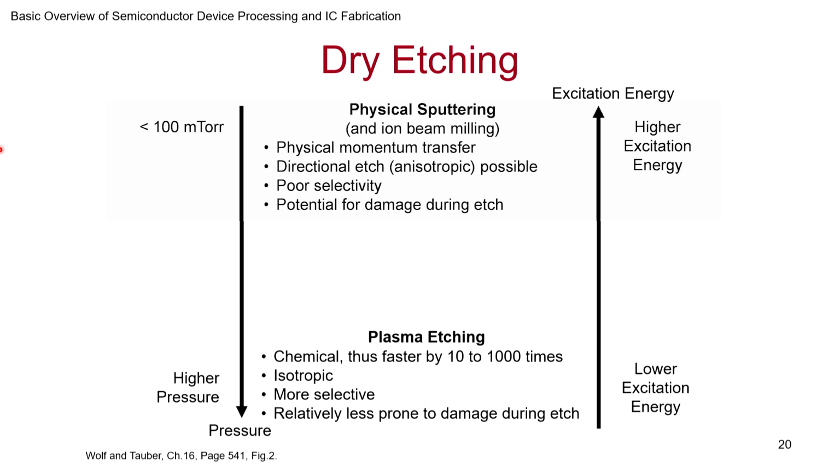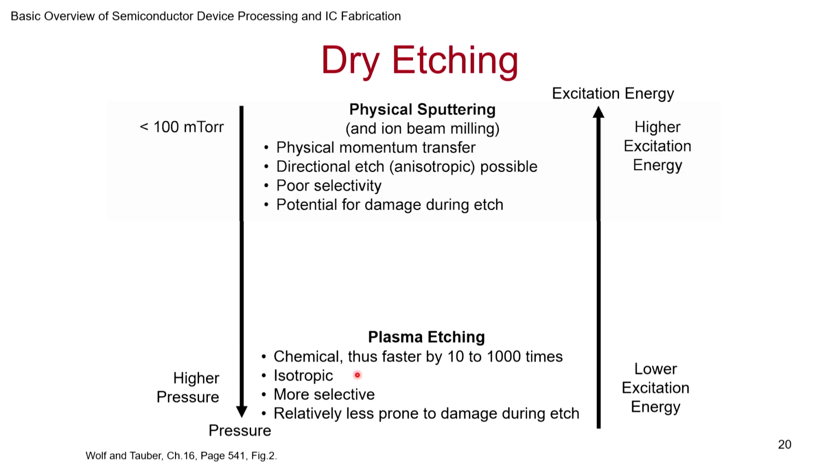The other end of the spectrum of etching would be operated at higher pressures. Here you do a little bit of chemistry, in fact a lot of chemistry. You use plasma etching. You excite the electrons to such a high value so that the constituents of the gases that are present can come and slowly eat away the material. At a lower temperature, what would have originally occurred at high temperature occurs because the electrons are excited. But the overall ion excitation energies are much lower, so the damage is likely to be less. So this is more of a chemical process, and faster because it's chemical. If you have the chemistry right, it happens very fast, 10,000 times faster.